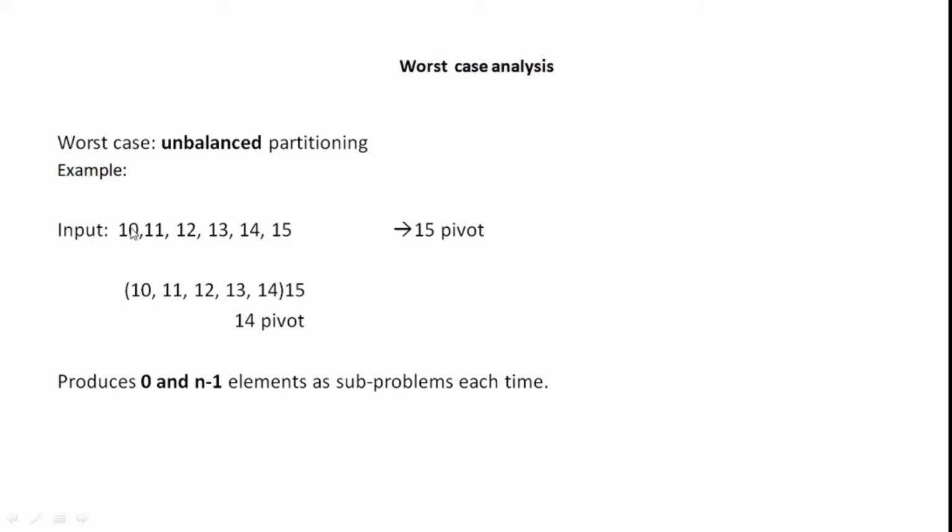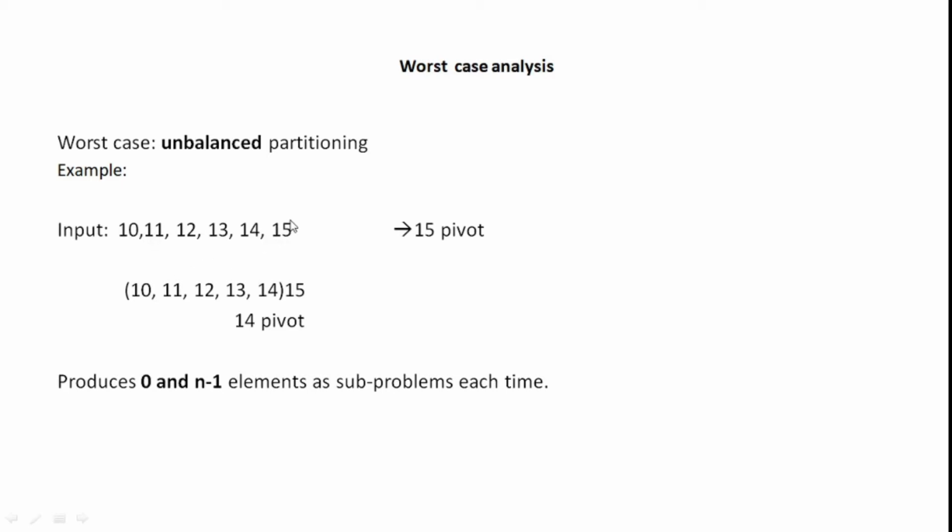The first one is j, pointing at 10, and the pivot element is pointing at 15, since we have taken 15 as pivot. The j value is at the first index, maybe the 0 index, and i will be pointing at -1. Now j and pivot are compared. 10 is lesser than pivot, so you increment the value of i and exchange i and j. So this will give the same array. Again j will be incremented and 11 will be compared with 15, and i and j again will be pointing at the same index.